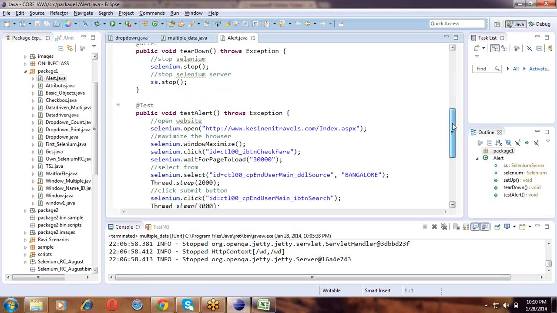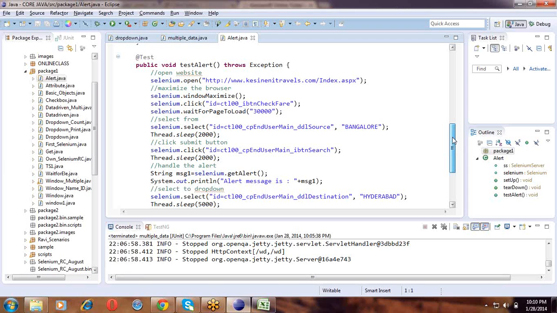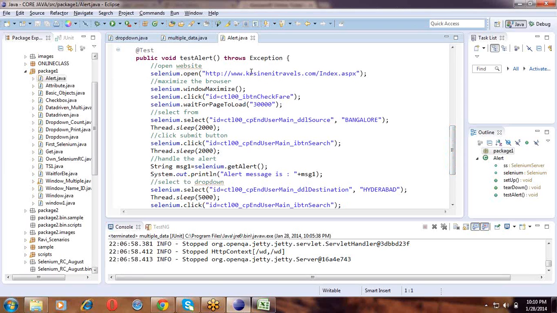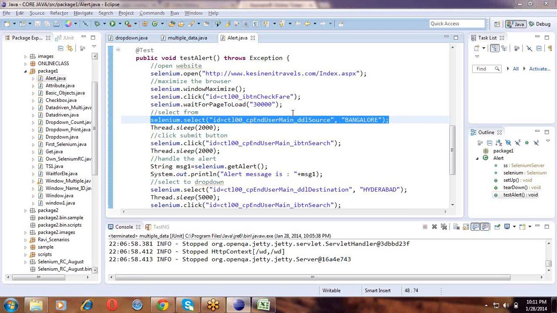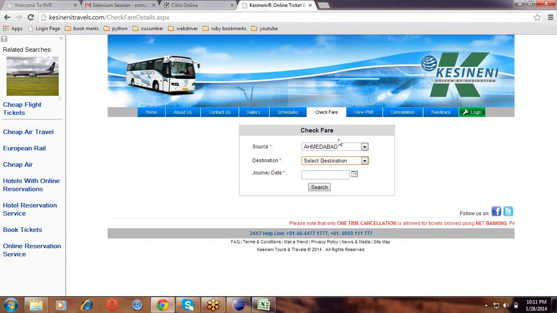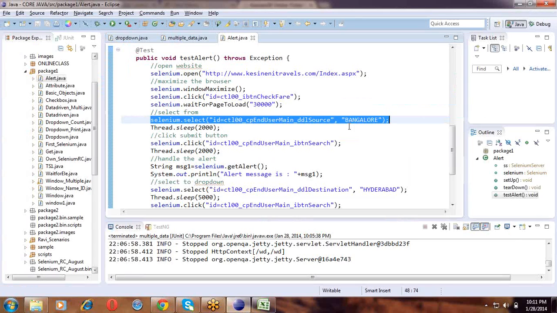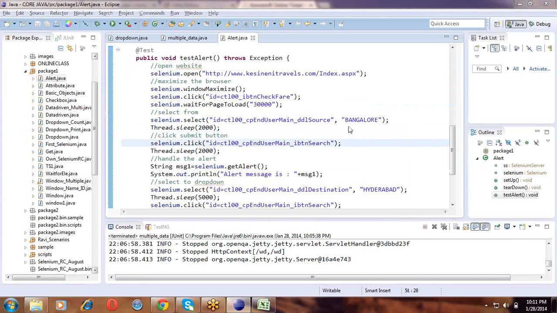In my test annotation method, I am opening the kcnntravels.com website. I am maximizing the window and clicking on that link to check fare. I am waiting for the page to load for 30 seconds. Then I am selecting the source as Bangalore. I am waiting for 2 seconds. Then I am clicking on the search button,